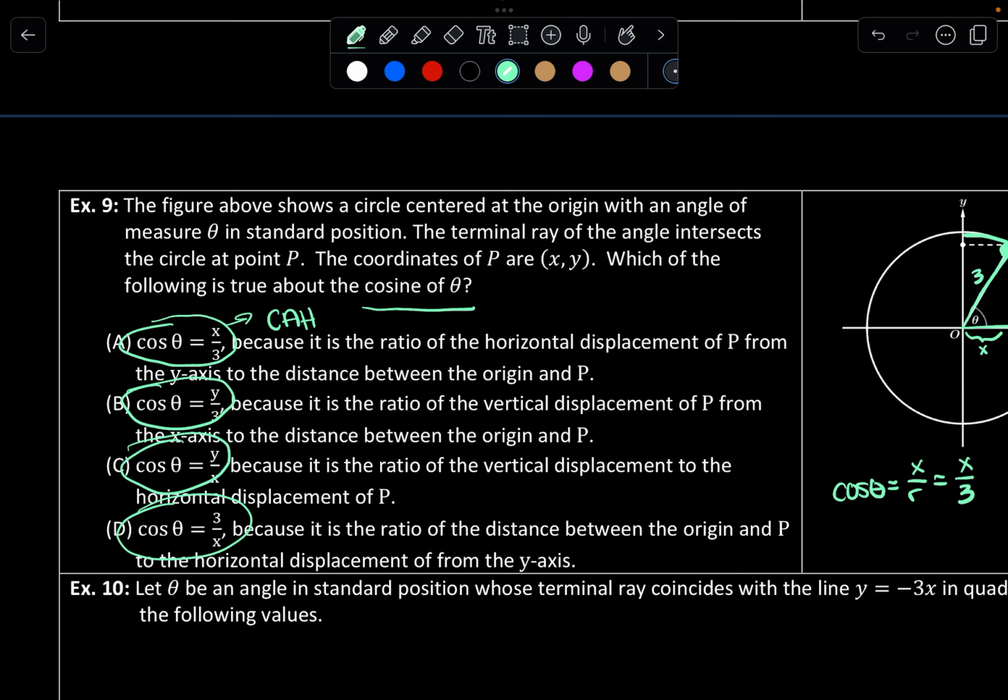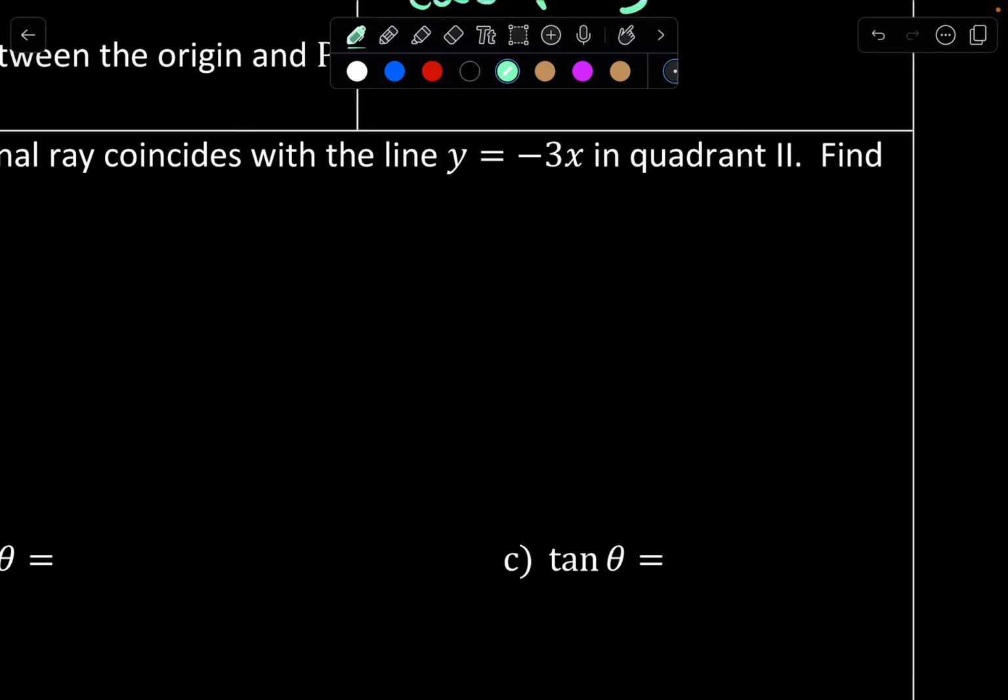Example 10 is going to be a little bit more demanding algebraically. So it says, let theta be an angle in standard position whose terminal ray coincides with the line y equals -3x in quadrant 2. Find the following values. Okay, so we're focused on quadrant 2, but I'm going to go ahead and draw and include quadrants 1 and 2. And it says we are looking at the line y equals -3x, so we'll use the blue for that. So this is the line y equals